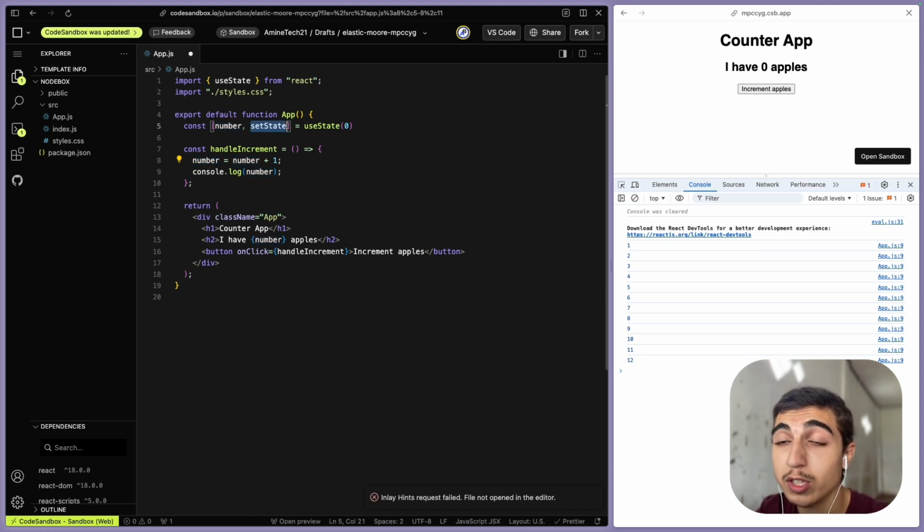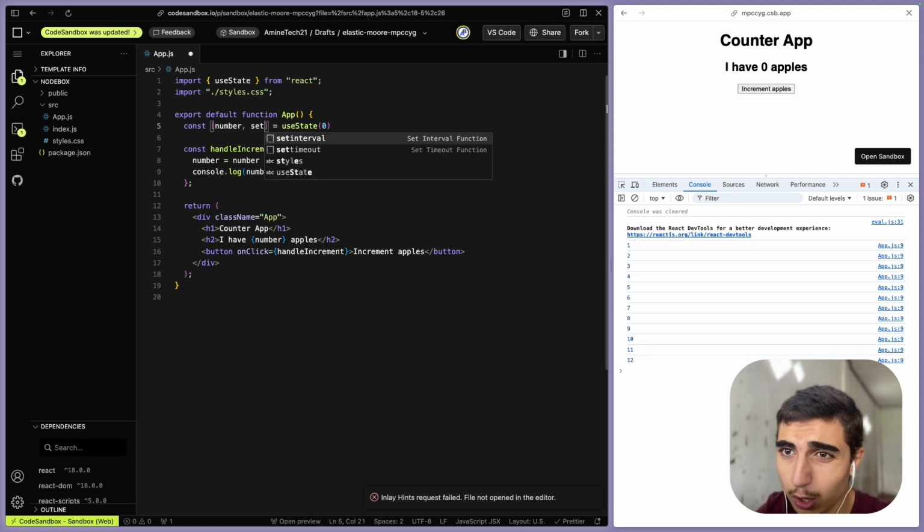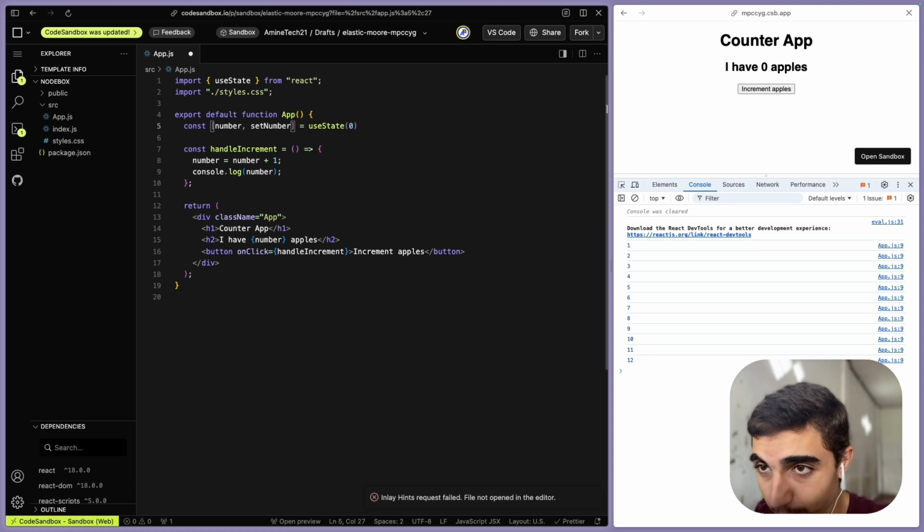We will need to use the set function that we will call, and you can call it like you want: set tomato, set shoes. But just to make sense, we call it set number. And then here you have the initial state. Like it's in the name, it's already clear, but it's the initial value